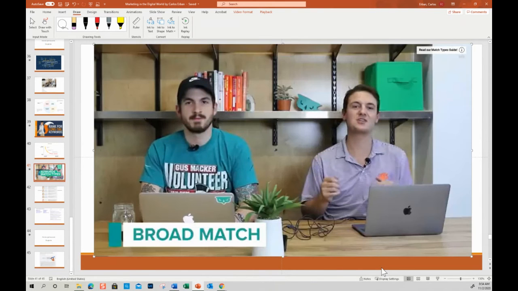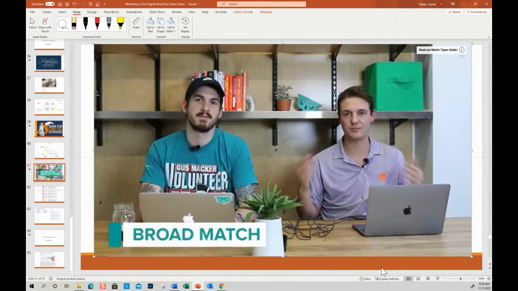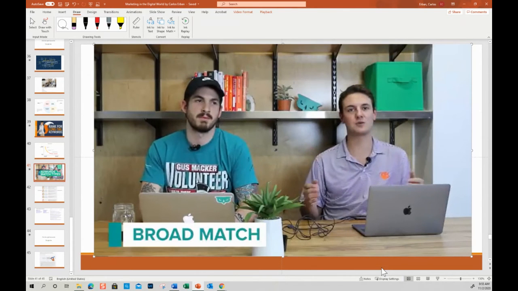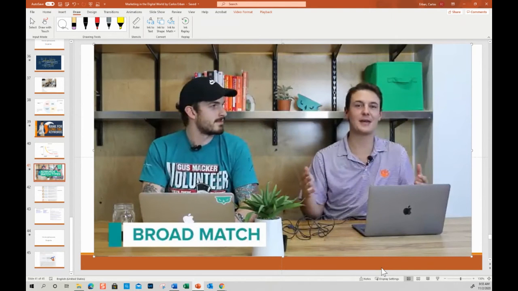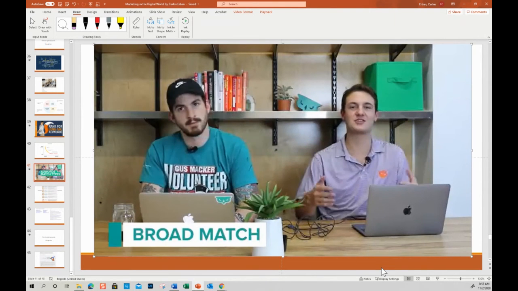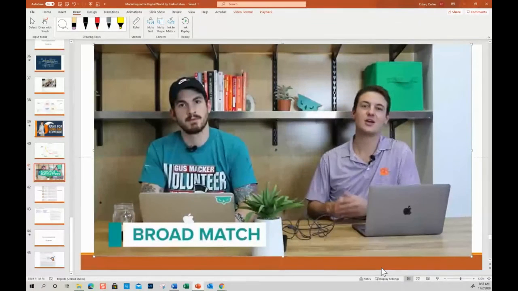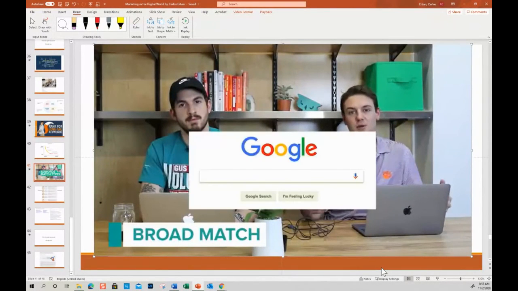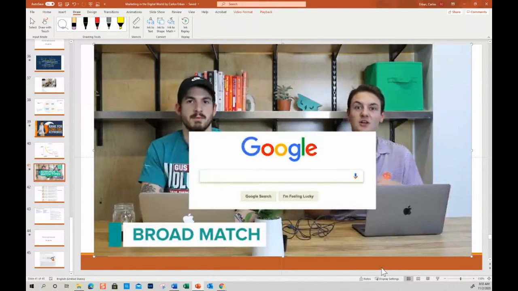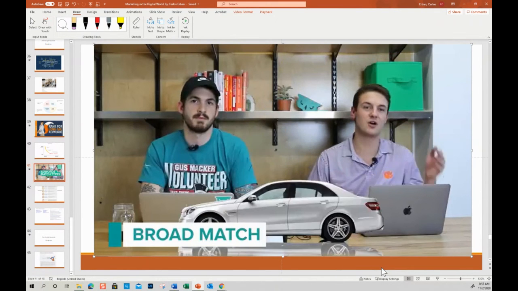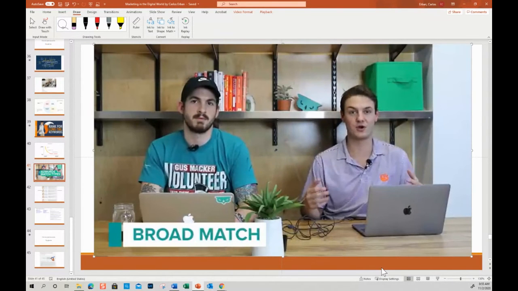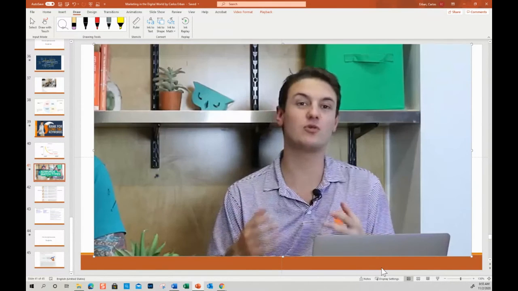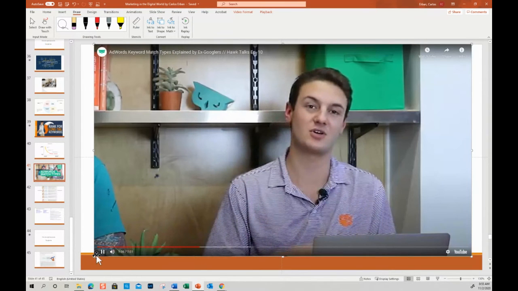Broad match keywords have no symbols next to them. If your keyword is car parts, you would put it in just like you would expect: car parts. Now you may be thinking, okay, everyone searching for car parts is going to see my ad. Well, you're wrong. With broad match keywords, if you put in the keyword car parts, you might show up for car parts. You might also show up for car accessories, but you also might show up for careers that need a car or images of cars with dogs. You could really show up for anything somewhat related to cars or parts. So although broad match keywords will get you the cheapest cost per click, it's also not going to get you